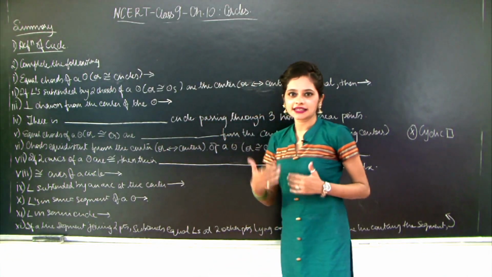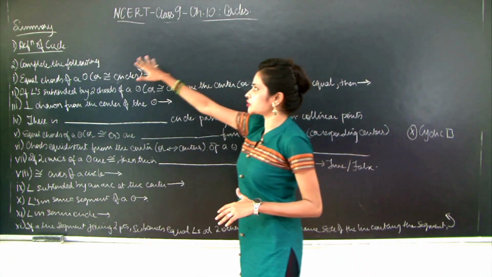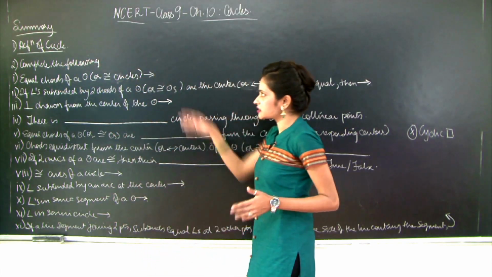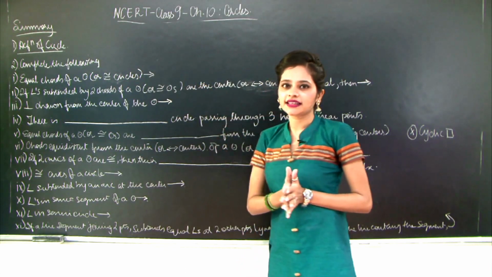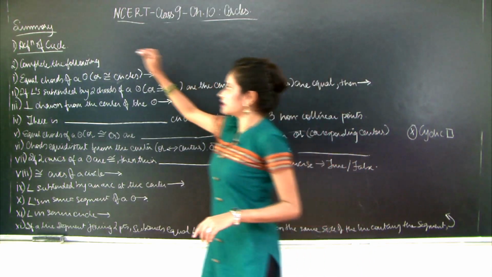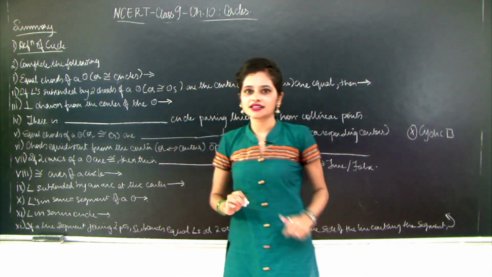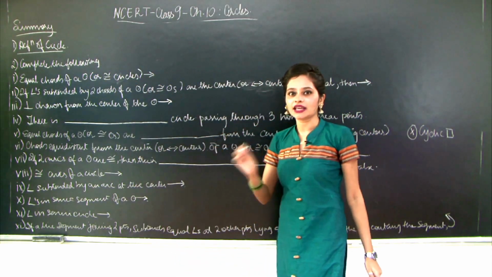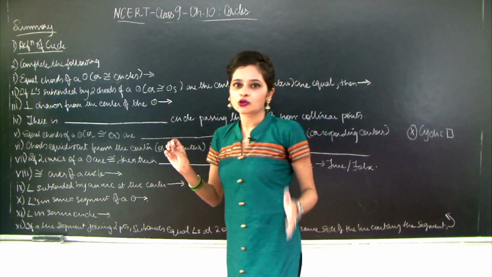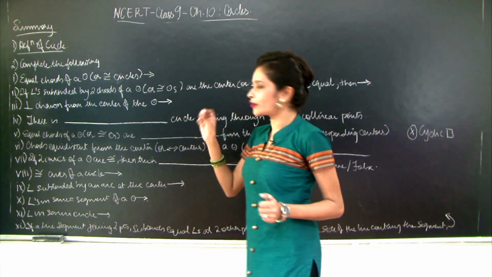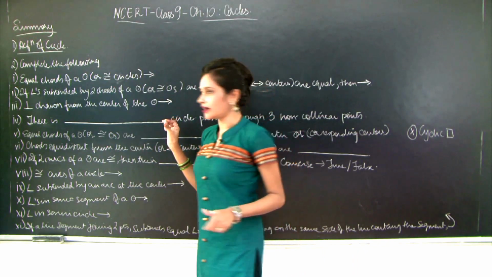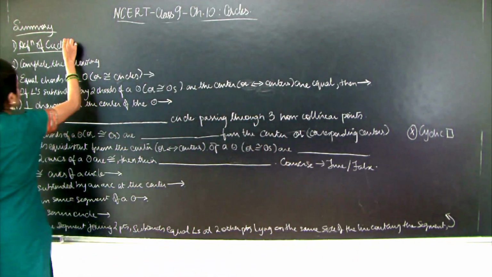So we will make it a little interactive, wherein I have just written the points. Either you have to complete or fill in the blanks, or here at the start you have to write the definition of the circle. So while I say the question, you start writing the answer and I will write it at the same time, and then we will compare. So the first thing is you need to write the definition of the circle. Please take a pen and paper handy before I get started, and then when I start writing, you start writing as well. So I'm getting started with definition of circle.